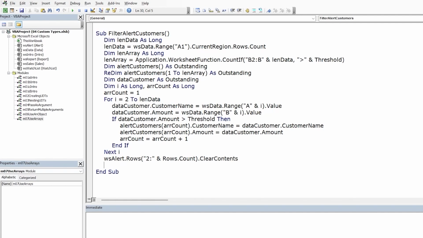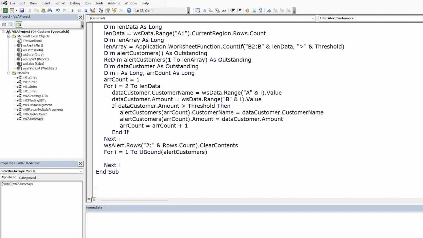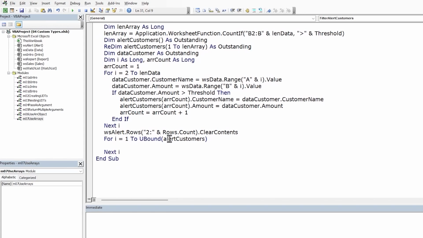To output the data, we need to loop over the array again and paste each element value line by line. So we need to loop over the alert customers array. Make some more space. Let's place the data into the alert sheet. I will represent the current index position, which will start from 1, but the row number on the alert sheet will start from 2 because row number 1 will be the header. So